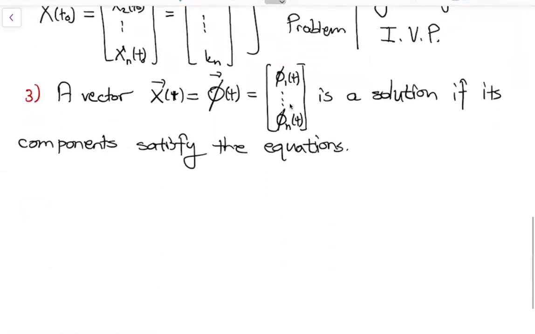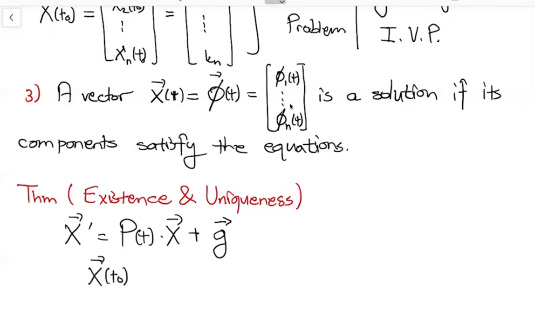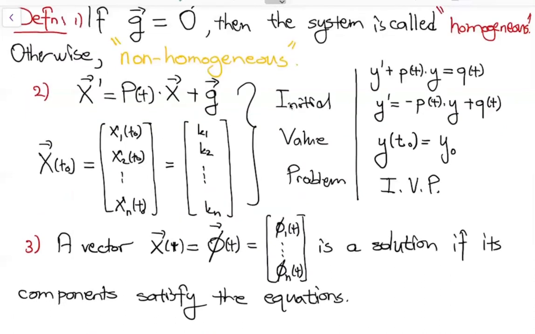So, the existence and uniqueness theorem. How do we know we have solutions, or when do we know we have solutions? Actually, things are similar to the first order case we wrote. Let's say we are given a matrix equation with initial condition. Let's say this is the first. Now, this IVP: if you look at the first order case, if you remember,